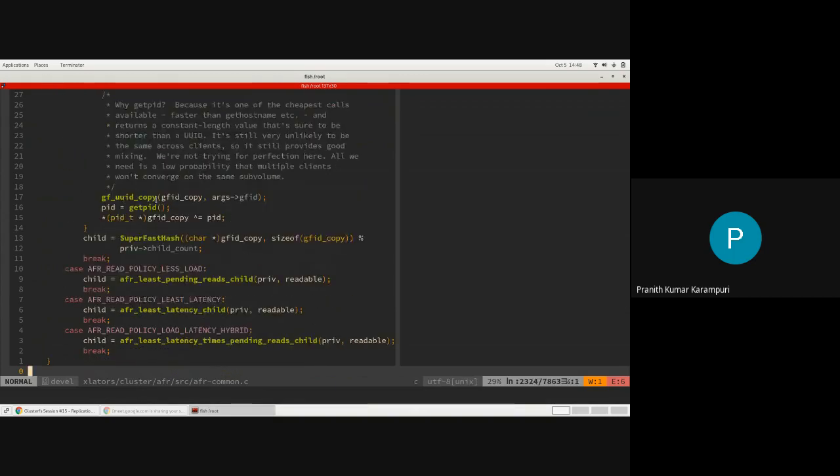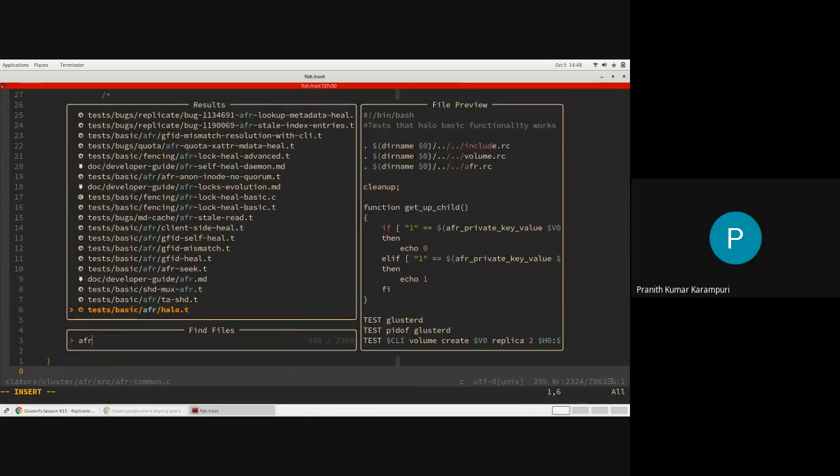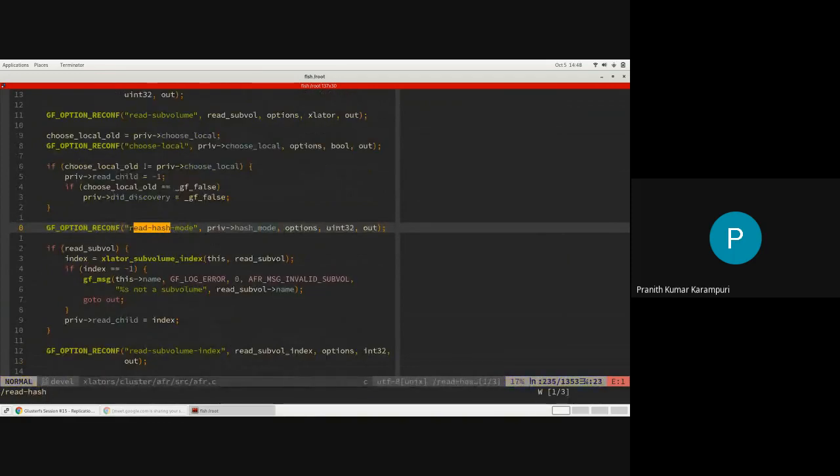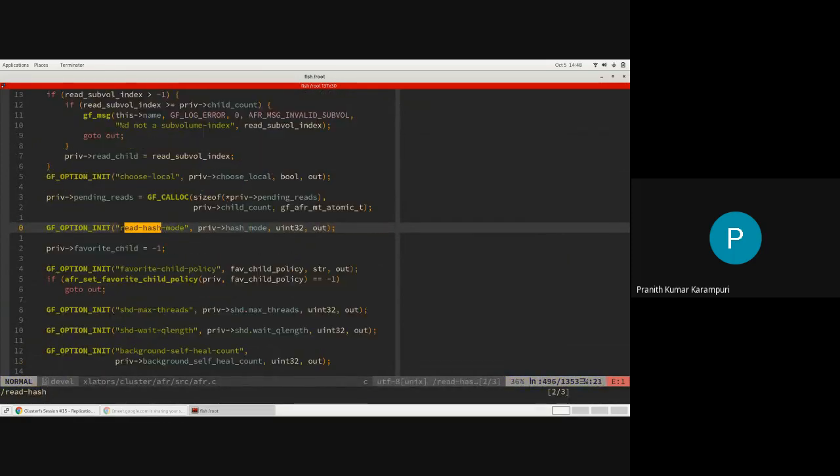When you're doing this hash computation, you're also going to use the PID. Least load keeps track of what request you sent where. Least latency is based on latency, and the final one is based on these two. You can modify this in AFR. Read hash mode is the option that you can change.